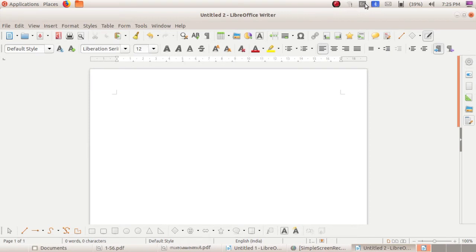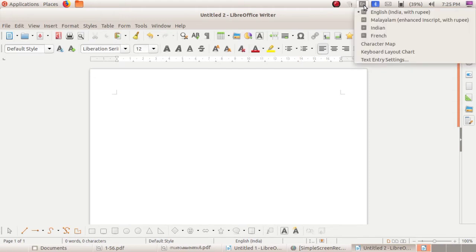Here you can see two letters, that is EN. We can call it the keyboard indicator. What is the name of this icon? Keyboard indicator. So just click on the keyboard indicator.